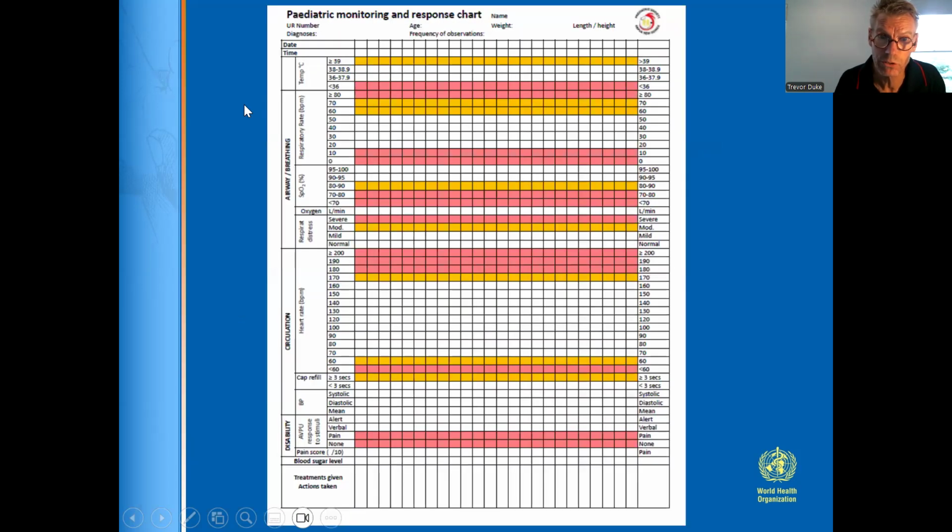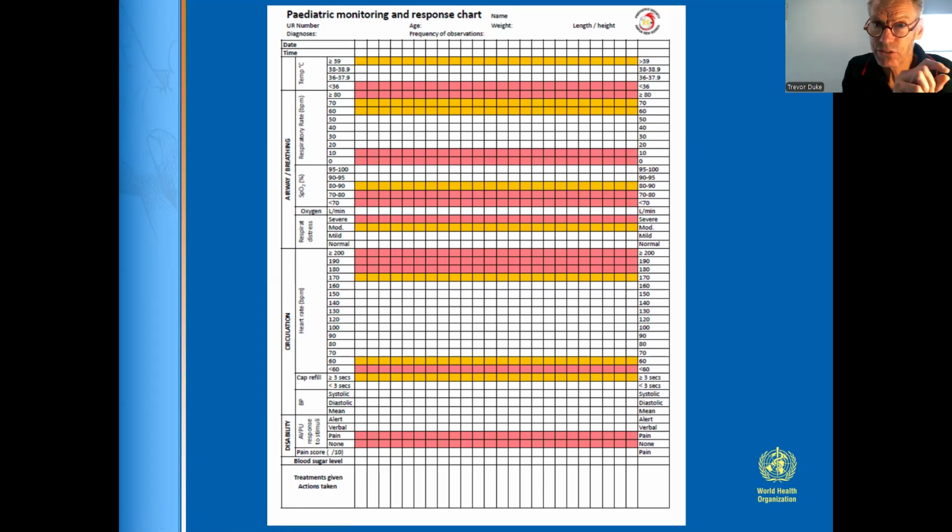This is a monitoring response chart, and you can see that on the top line there's the date and the time, and you can decide the frequency of observations. You decide whether it's hourly or 2 hourly or 3 hourly or 4 hourly or 6 hourly, and you can then put in appropriate times. You can record the temperature,